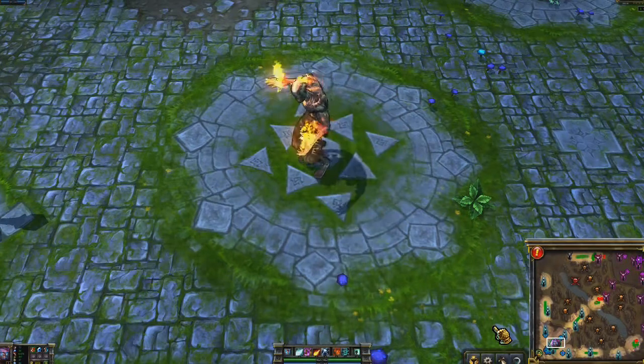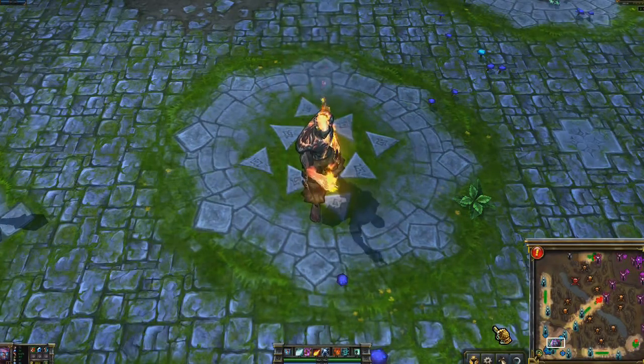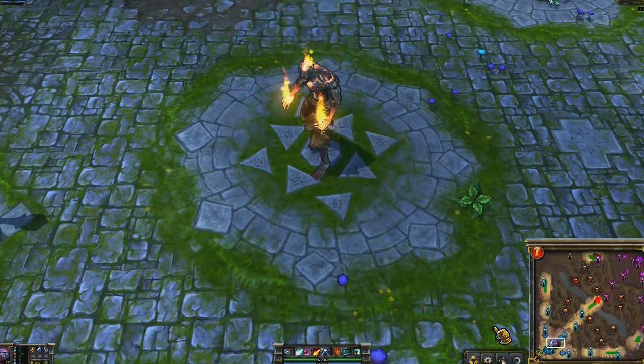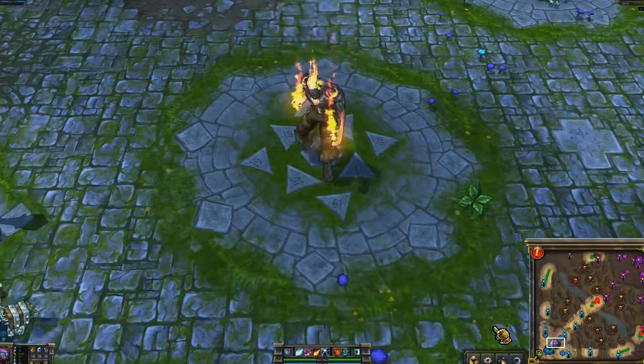Brand's passive is Blaze. All of Brand's abilities light their targets ablaze for a few seconds. Blaze deals a percentage of the target's max health every second. When any of Brand's abilities hits a target already ablaze, the spell gains a bonus effect and renews the ablaze